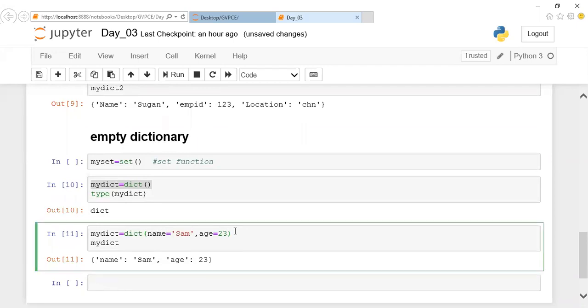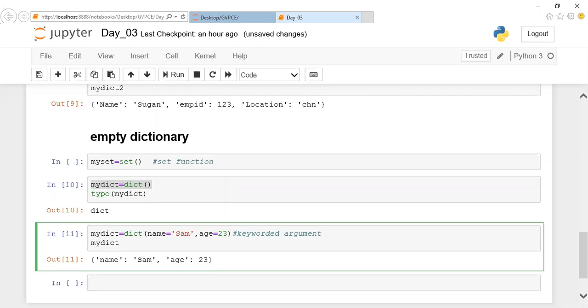The reason is the key will never be given in quotes. It will be treated as a keyword. Keywords are not given in quotes. This is also known as keyworded argument type. So I'll be mentioning the keyword and what the value is for it. Only the values will be given in quotes and the normal keyword will never be given in quotes. This is all about the dictionary function.